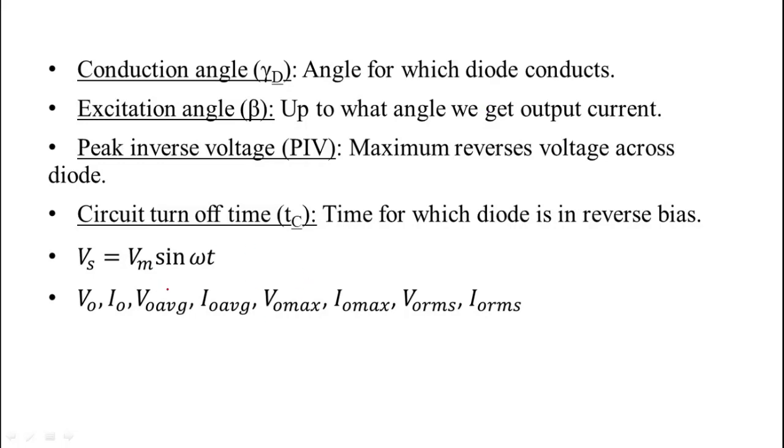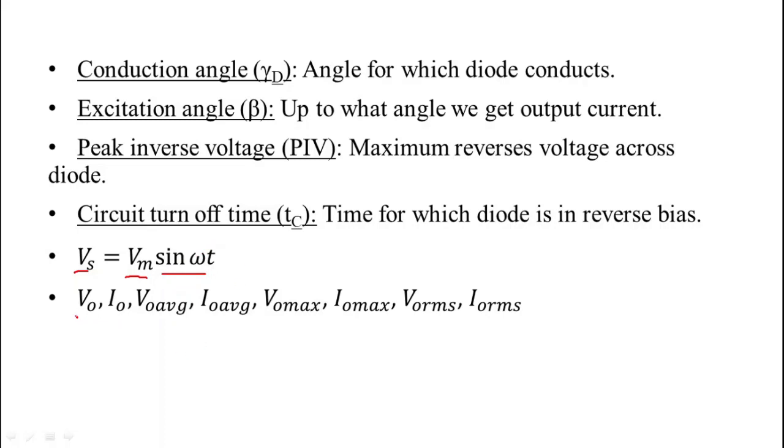Now I tell you the terminology used in the study of these rectifiers. I use very simple terminology to study the rectifiers. Wherever you see Vs, it means supply voltage which is alternating, and this Vs means the value of supply voltage at any time t. This is Vm, it means maximum voltage, and sin omega t. Omega is the angular frequency of the input supply voltage.